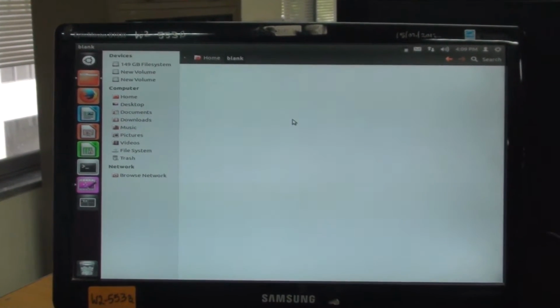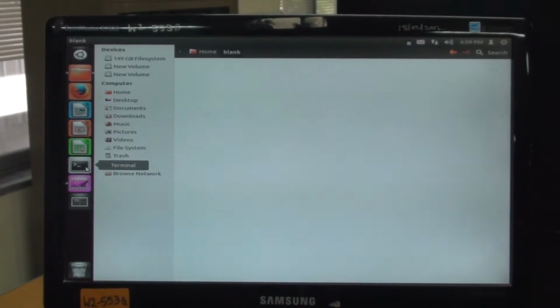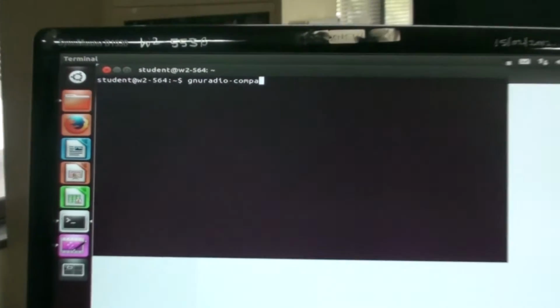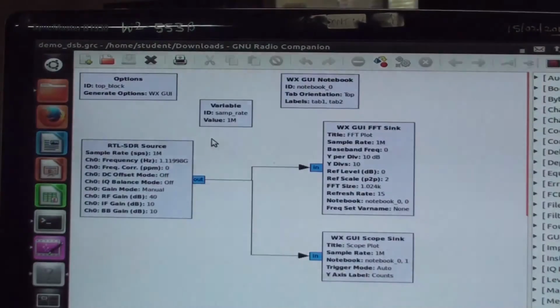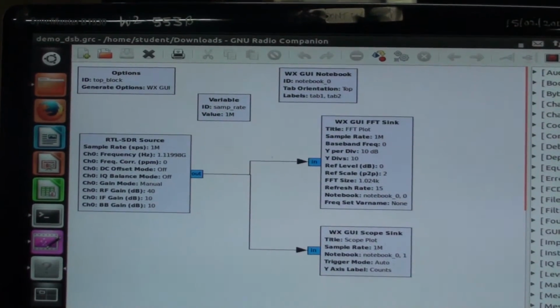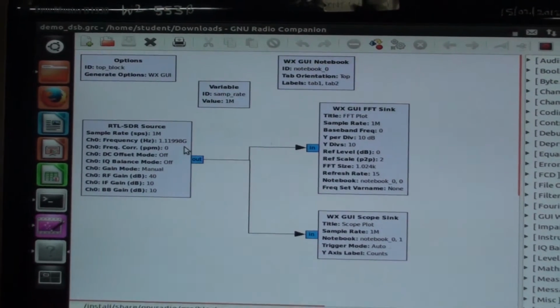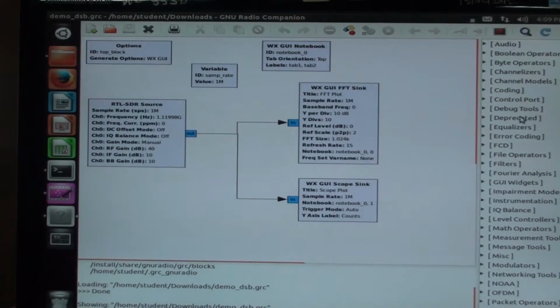Now we'll begin with our demo of GNU radio. To invoke GNU radio, we use the terminal. GNU Radio Companion is the GUI associated with GNU Radio. GNU Radio flow graph consists of many blocks and various types of blocks are available for use.